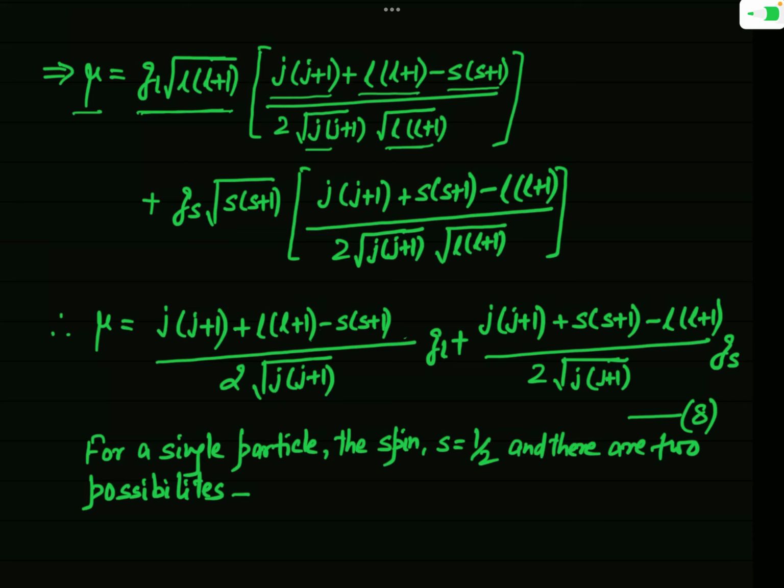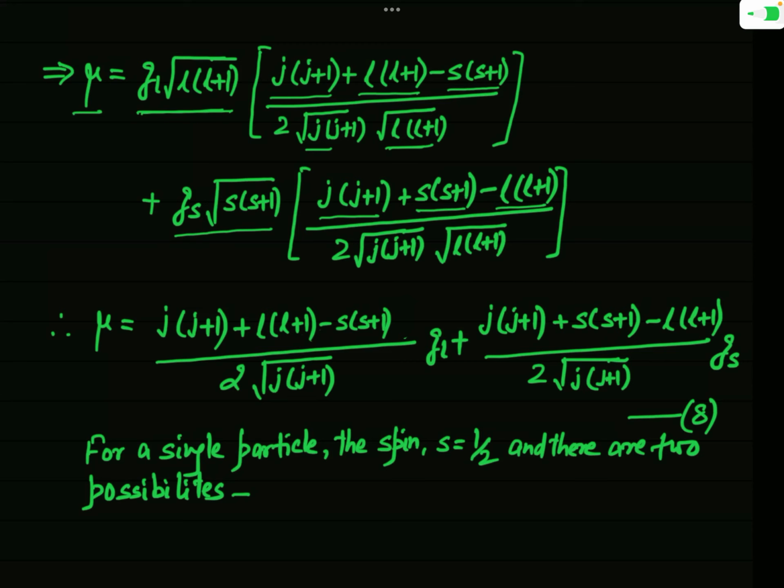And in a similar manner, in the second term you can see there is GS into root over S into S plus 1, and here there was actually mod of J square, so I have written this much, and instead of mod of S square I have written this, and instead of mod of L square I have written this, and in the denominator there was 2 mod J mod L,